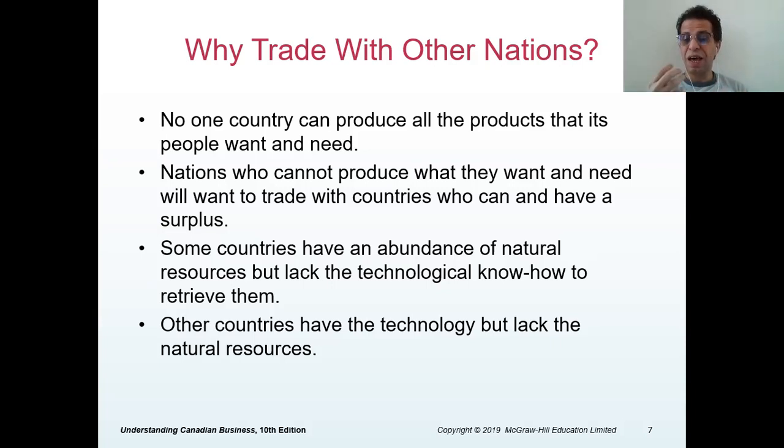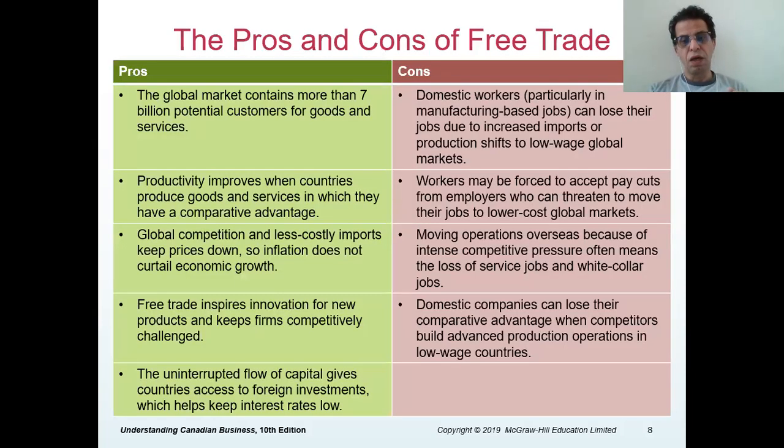So some countries have an abundance of natural resources but lack the technology and know-how to retrieve them. Other countries have the technology but lack natural resources. It differs from one resource to another, one country to another, as much as it comes to technology also. Now, what are the pros and cons of free trade? In free trade, the pros, as we said, are that the global market contains more than 7 billion potential customers